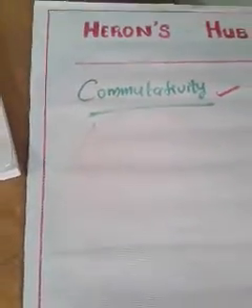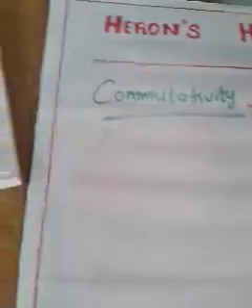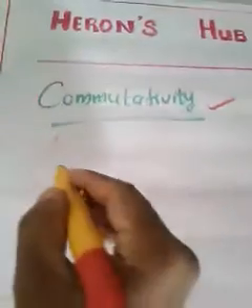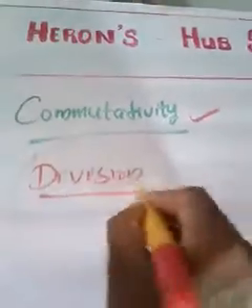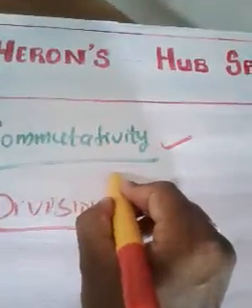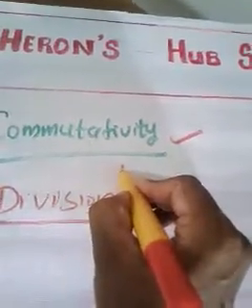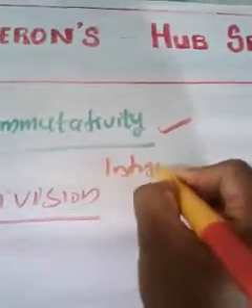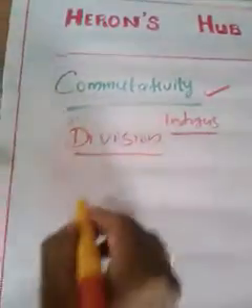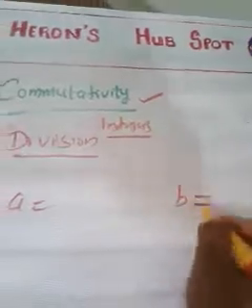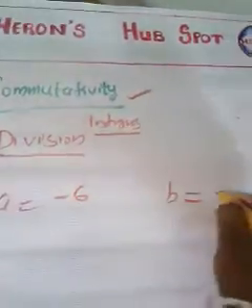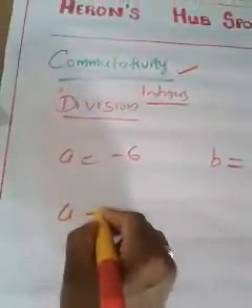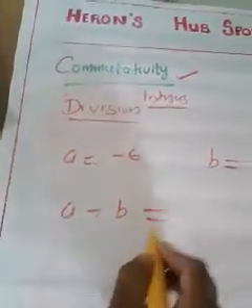So as I said, multiplication I am leaving for you, and next is division. That means we have to check commutativity under division. Under which category of numbers? It was integers, yes. Division. So we need two numbers a and b as integers. Very good. Can I select -6 and -3? Of course. Then we have to calculate a divided by b and b divided by a.